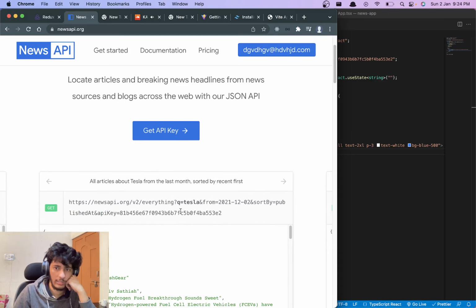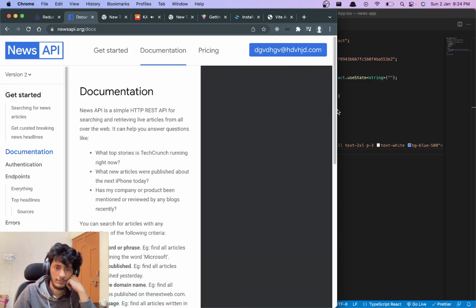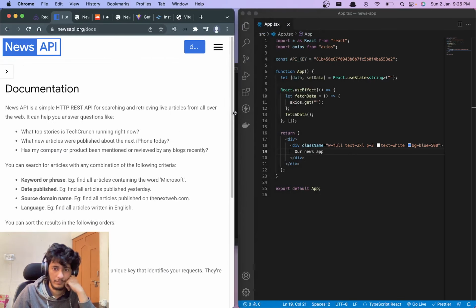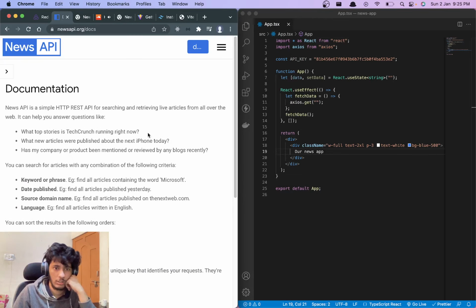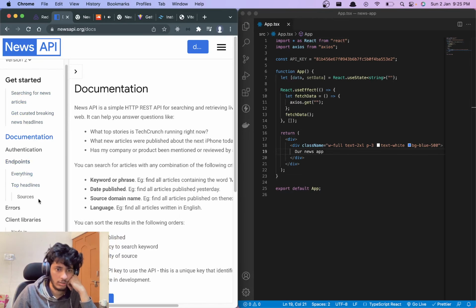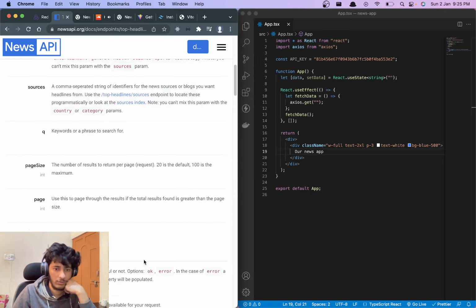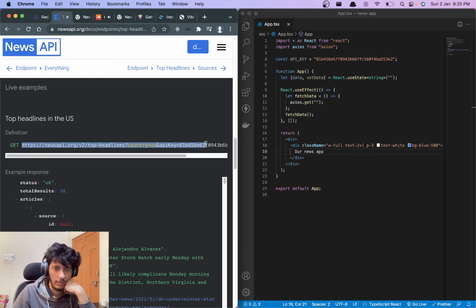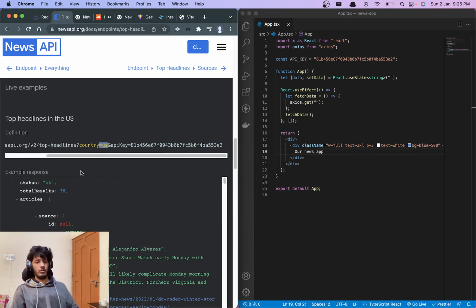Let's go to documentation. Searching for news, authentication, top headlines. Yeah, that's what we want. If we just give a get request to this URL, and here is the country code, whatever country we give, that particular country's headlines we will get.